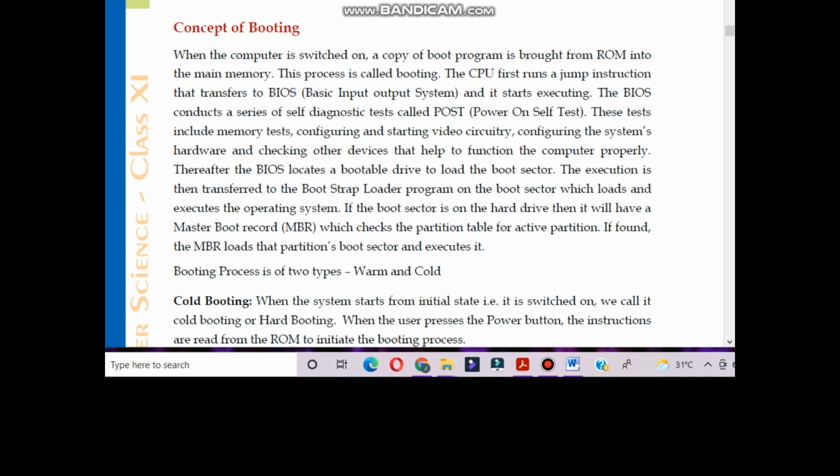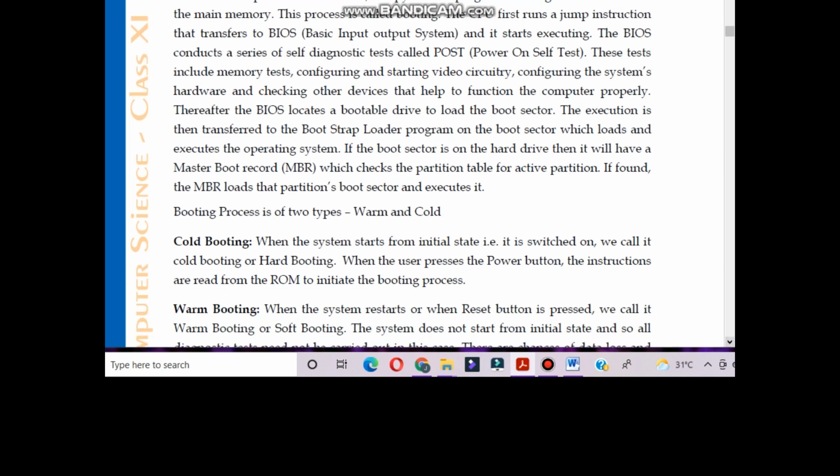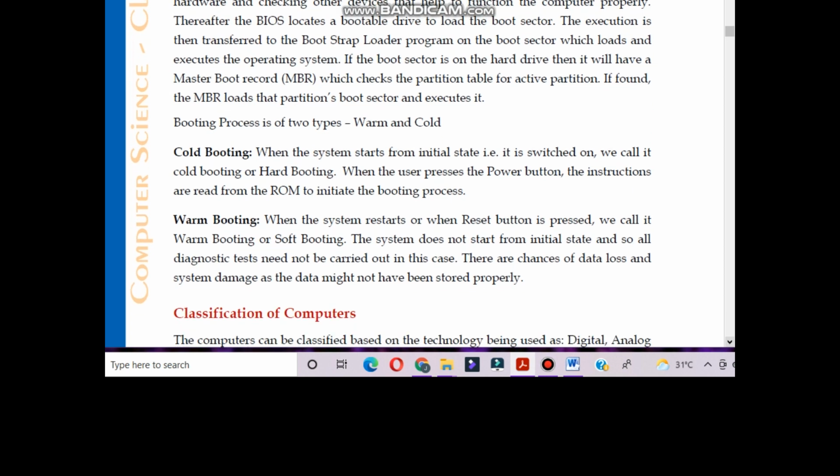The boot process is of two types, warm and cold. Cold booting: when the system starts from the initial state, means it is switched on, we call it cold booting or hard booting.